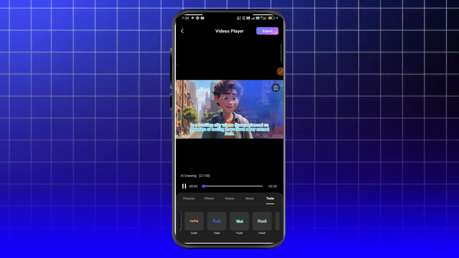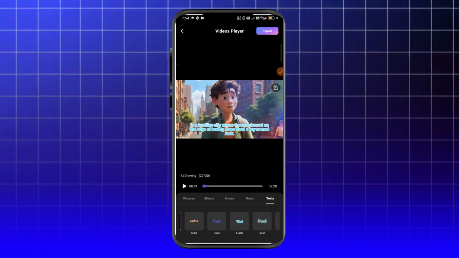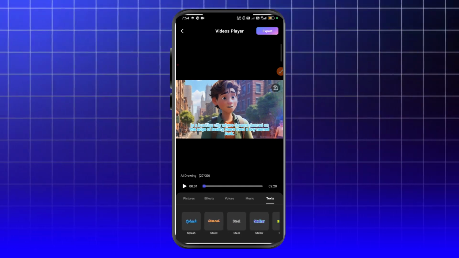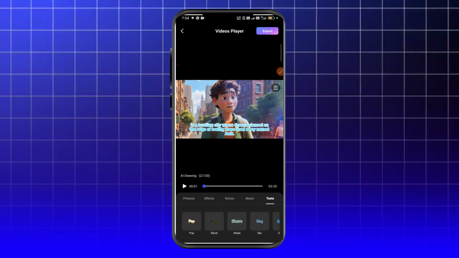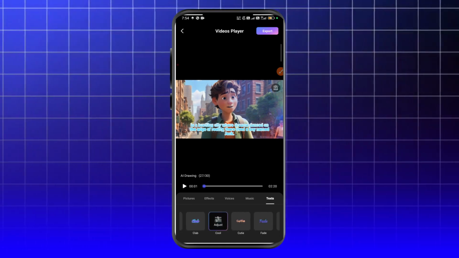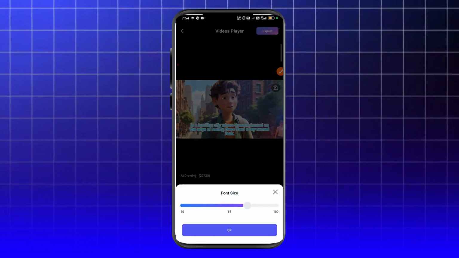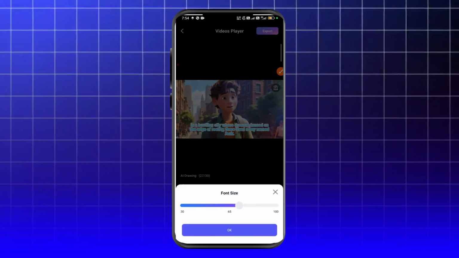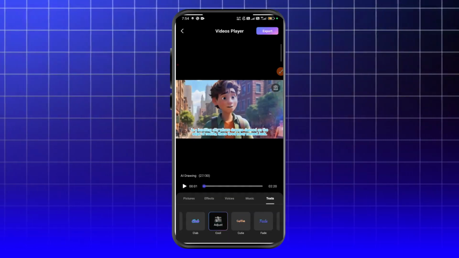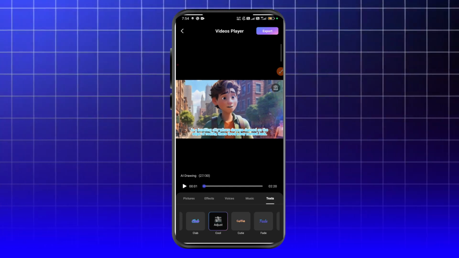If you play this video, "In a bustling city where dreams danced on," you can see the effect of the text. So you can scroll to your right. There are a number of texts that you can select to use over your video. So any one you like, you can select it. Once you select it, if you want to adjust the text, simply tap on adjust, and from here you can adjust the font size to any size you want. And once it's done, you tap on OK and your text will be selected, and now your video is